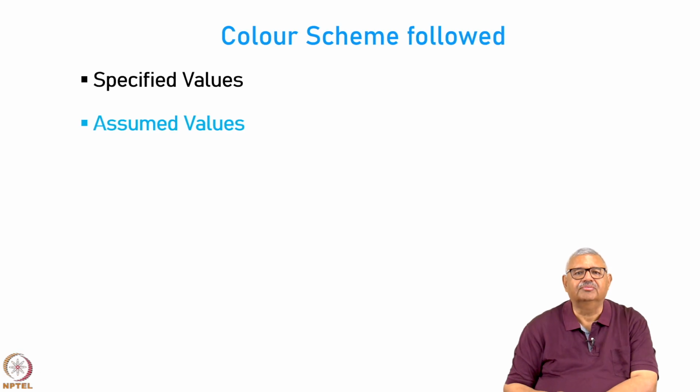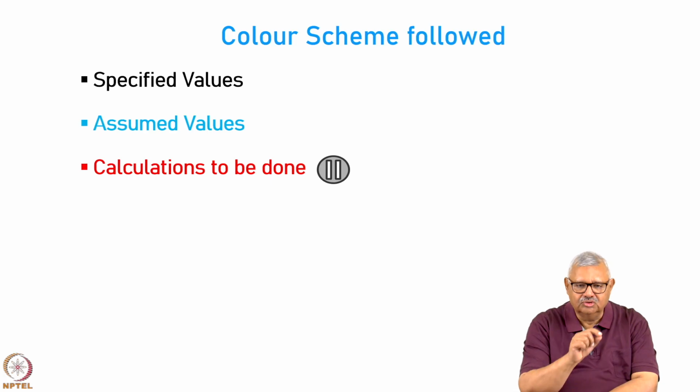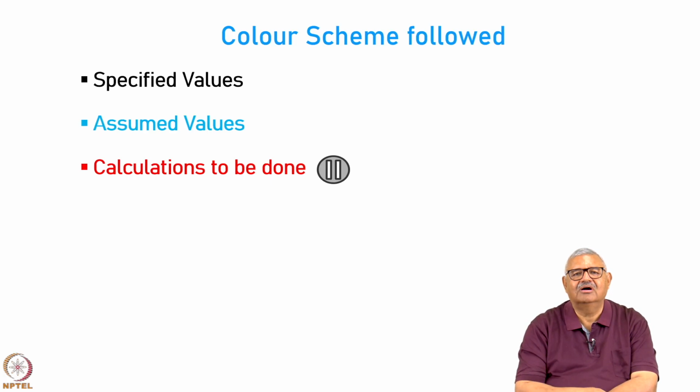All the values which are assumed are in blue color. All the values which are to be calculated, you will find that I will put an equal to and question mark signs, and I will put a pause button there. This pause button is a reminder for me to pause and also for you. Whenever you see the pause button, you are expected to pause the video, do the calculations, get the answer, and then in the next click you are going to get the numerical value which I got, and you are supposed to compare that with your answer to ensure that you got the right number.